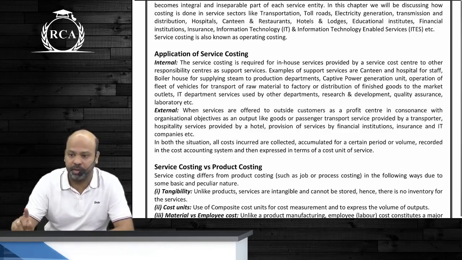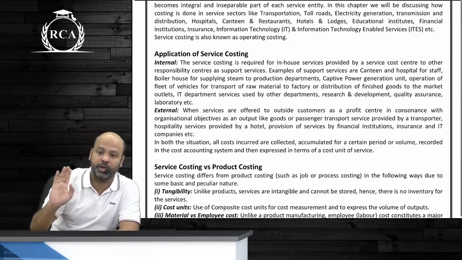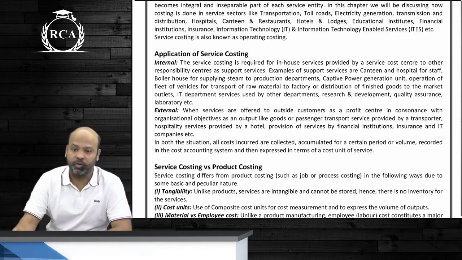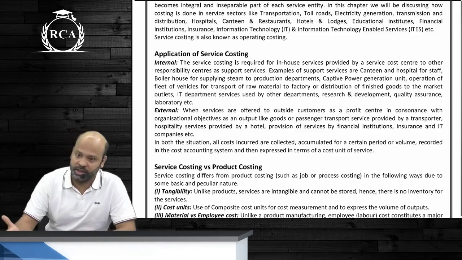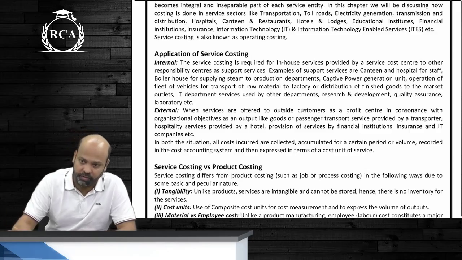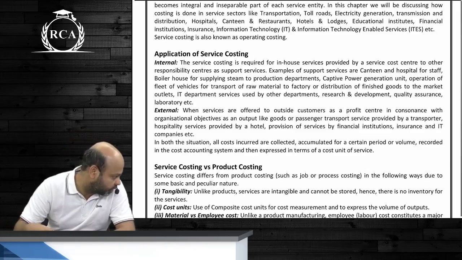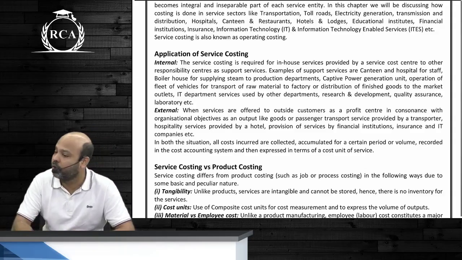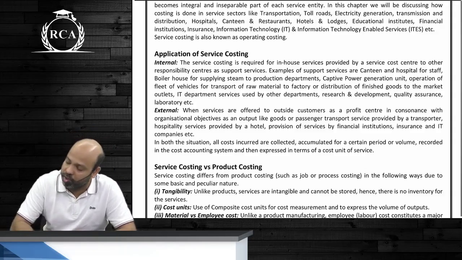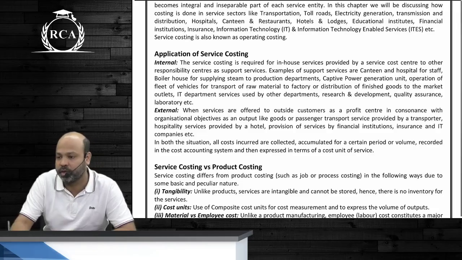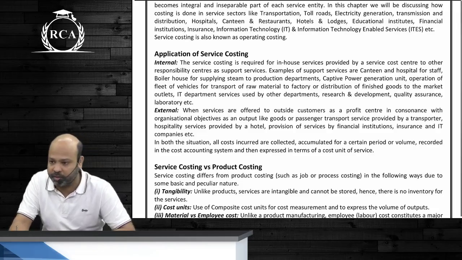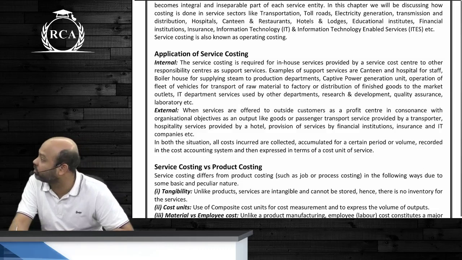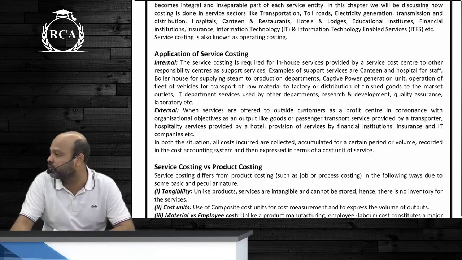So why are we learning this as a separate chapter? The reason is very simple. Nature of expenditure, different cost units. Correct, beta? The cost unit differs for a manufacturing sector and for a service sector. For a manufacturing sector, you will only have a simple cost unit. For a service sector, you will usually have a composite cost unit. The nature of expenditure, beta, would be different. That's the only reason why service sector costing, beta, is being learned as a separate chapter.